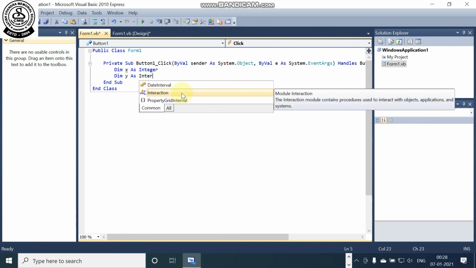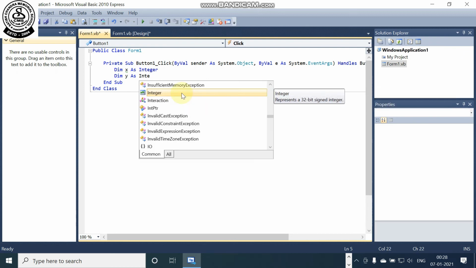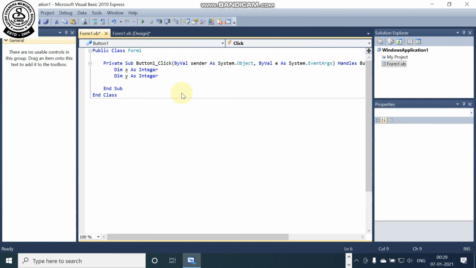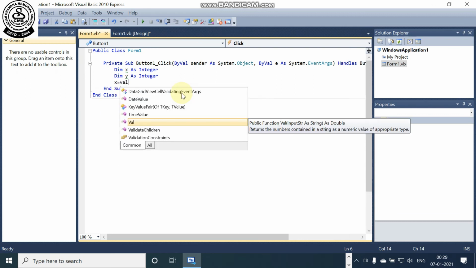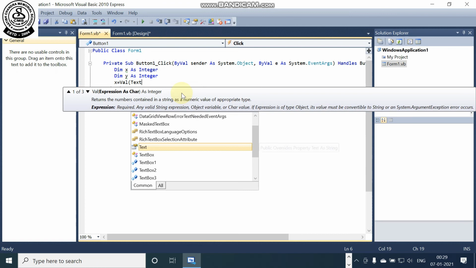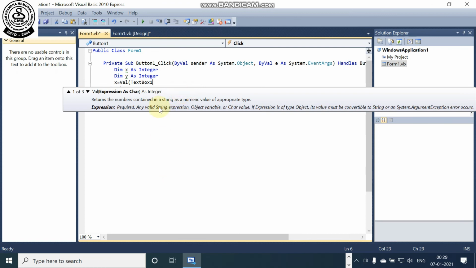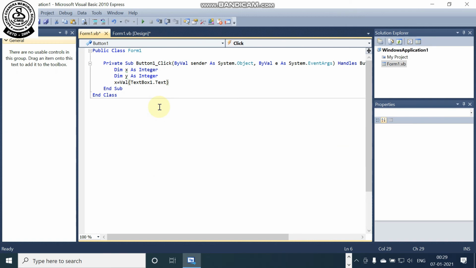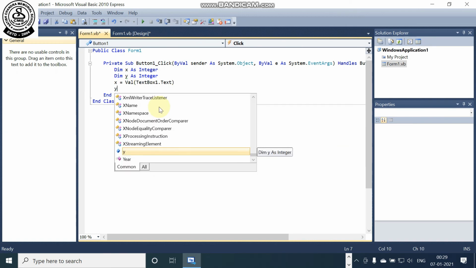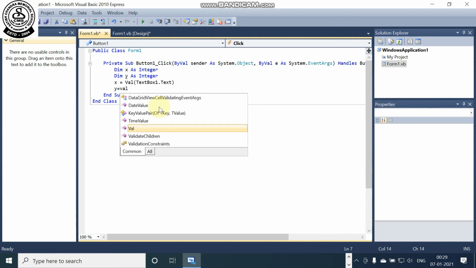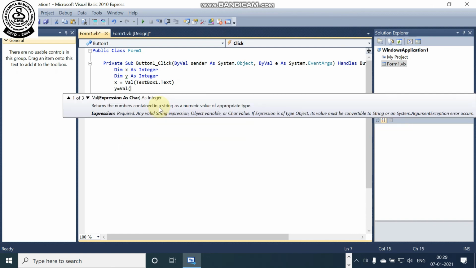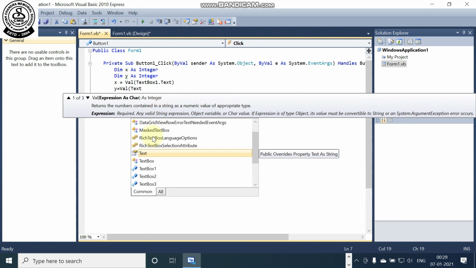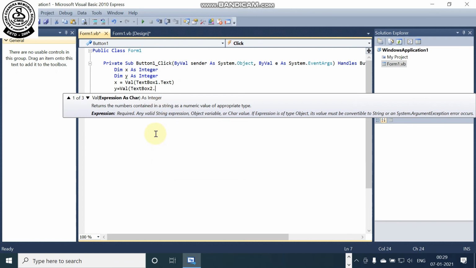That means we are just creating the second variable, and we are writing x = Val(TextBox1.Text). That means we are taking the text box value into x, and then we are writing y = Val(TextBox2.Text),